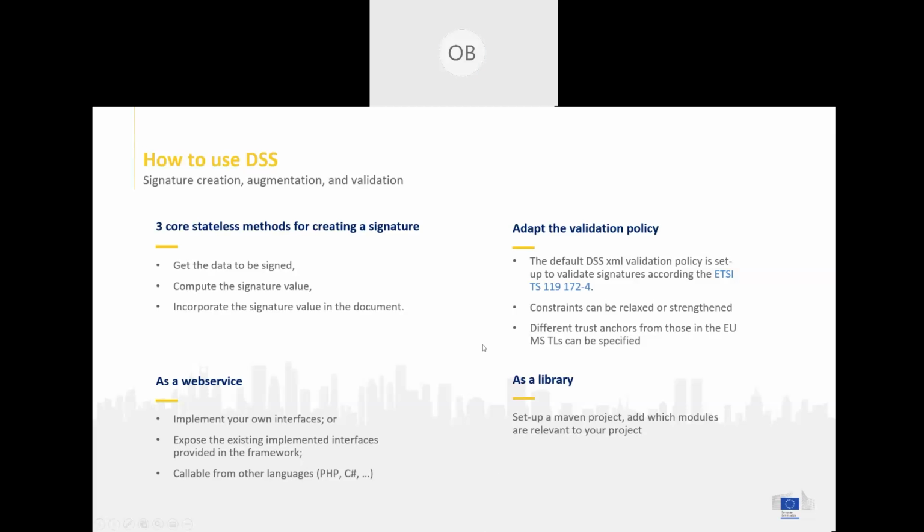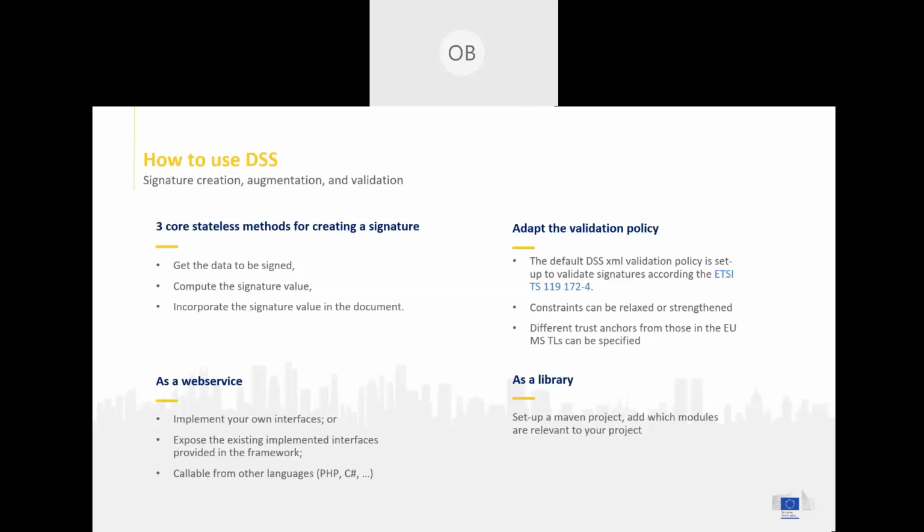You may decide also, in terms of validation policy, to rely on other trust anchors than the ones that are present in the EU trusted list. Again, the default behavior of DSS is to use these ones. But if your project, for some reason, is not relying on the trusted list, but is relying on maybe a private PKI or another infrastructure, then you can completely configure DSS to access this information as trust anchors in replacement